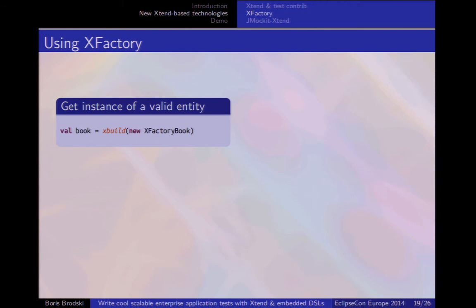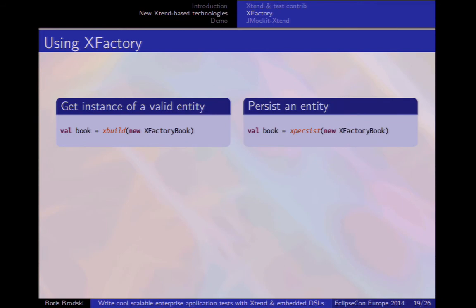Again, learning by example. Suppose we need just an instance of a book. Then we call xbuild, we pass an instance of a factory, and we have a book. We can also persist it within a database by just calling xpersist. Because we already have reasonable data that satisfies database constraints, we can persist it. And we need it for our persistence tests, where we just have to prepare some database state in order to